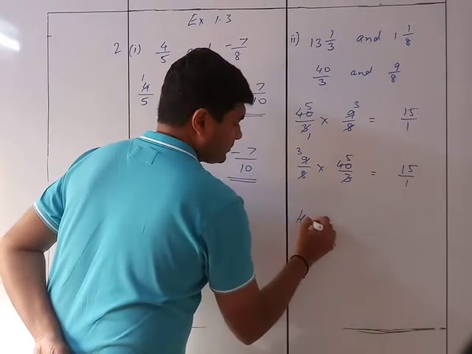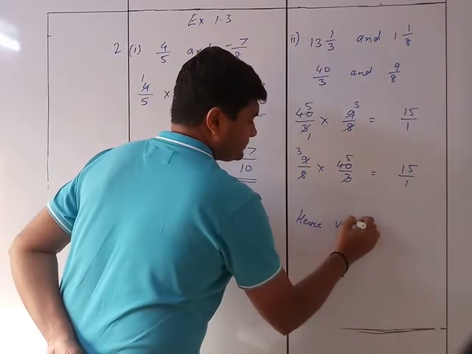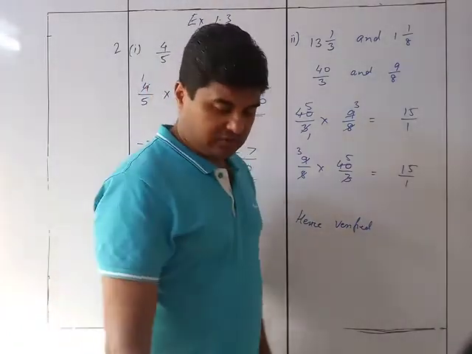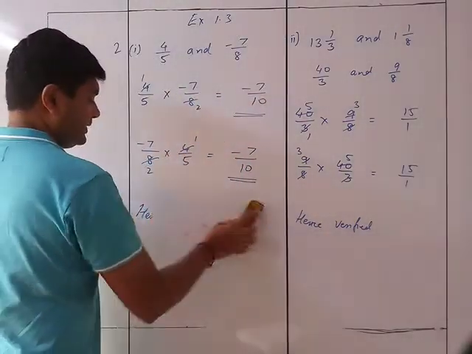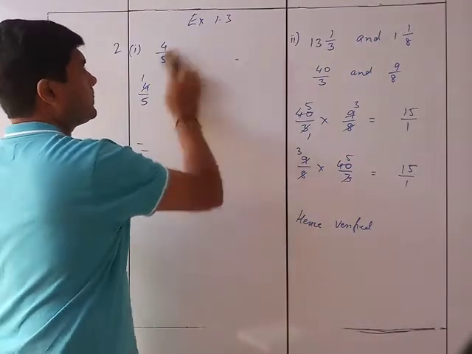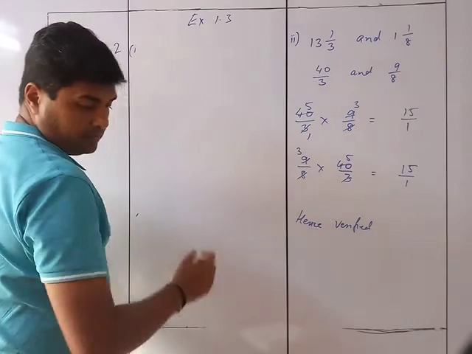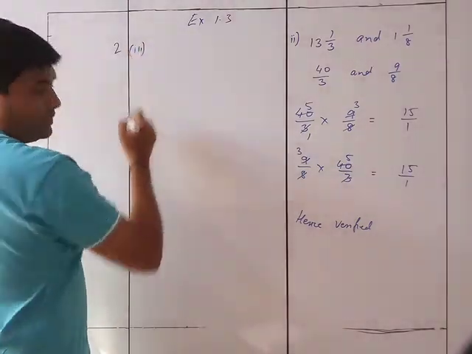Hence verified. Understood? That was the first and second sum. Next we see the third sum. The third sum is